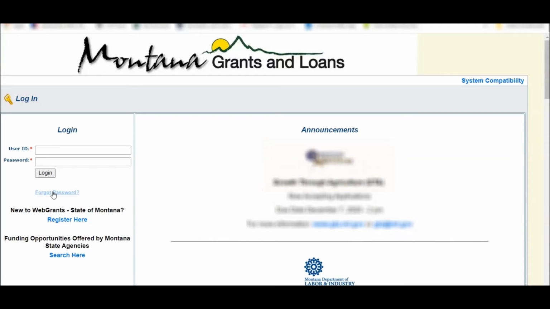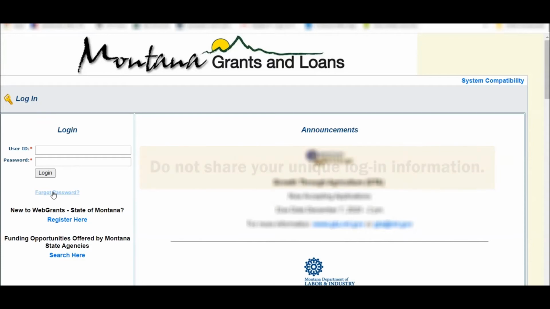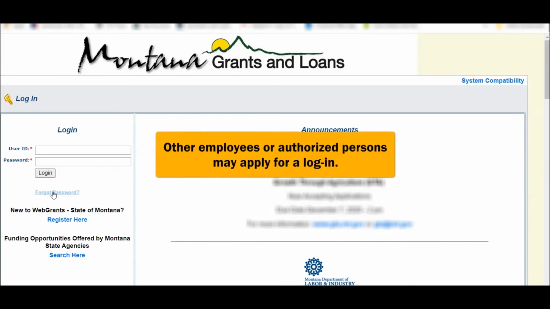Please note, your username and password are individually assigned. This is not a username and password for the organization to be shared amongst staff. Do not allow other employees or third-party grant writers to access the grant application with your assigned login information. Other employees within the organization should apply for a username and password and will be associated with the organization at